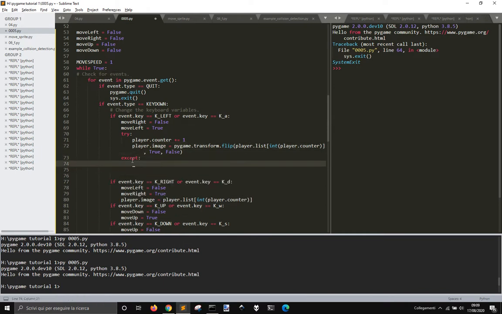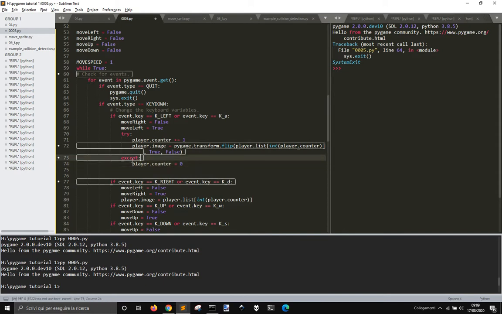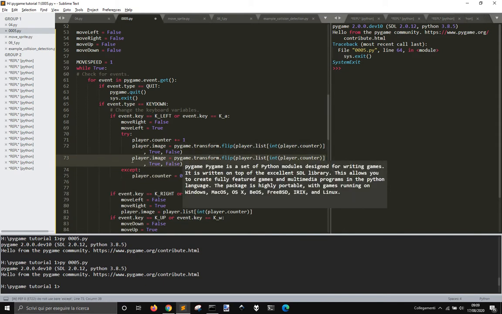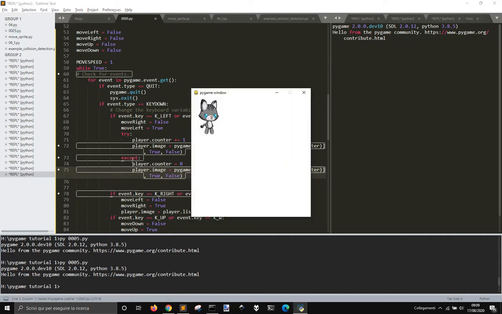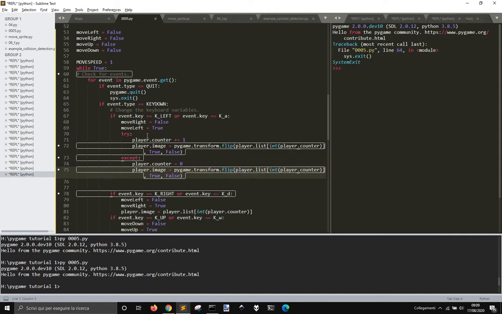If there is an exception, I'm gonna put player dot counter equals 0. Double this. You know that here I have to press more time because it won't. To make it continuous here,